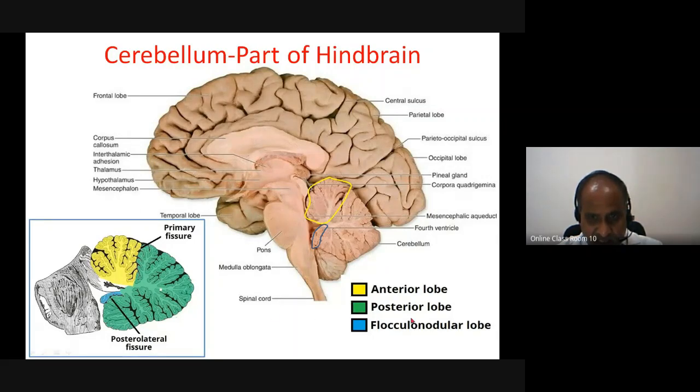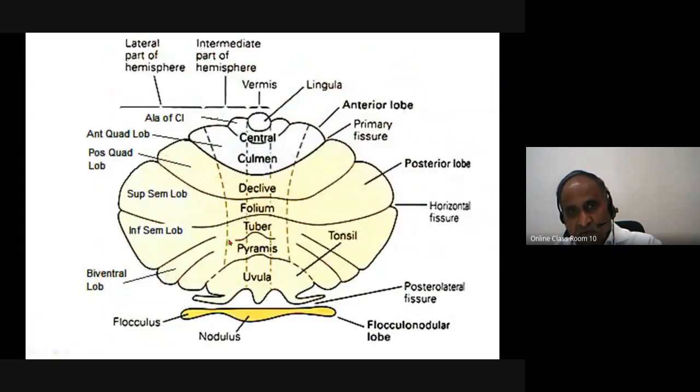So the color combinations are given here on this side. This is the anterior part of the cerebellum, and this is connected to the spinal cord. This posterior part of the cerebellum is connected to the cerebrum, especially the premotor area or association areas. And this is the flocculonodular lobe. This is connected to the vestibular system. Now, coming back,